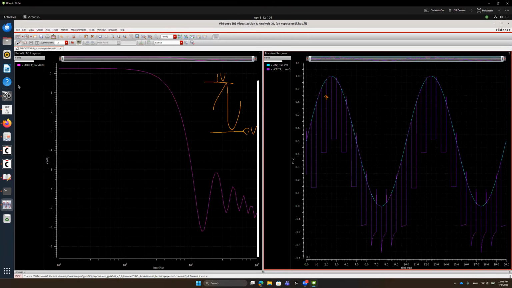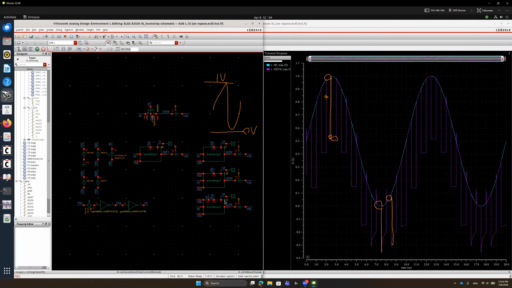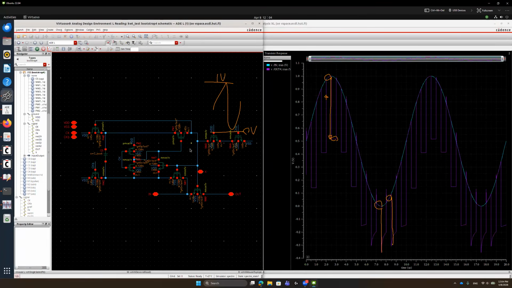So it looks like here, this is tracking, and then after finishing the tracking, it moves down like this, which is weird, right? Tracking moves down, tracking moves down. So this is the phenomenon we normally call clock feedthrough. Because we increased